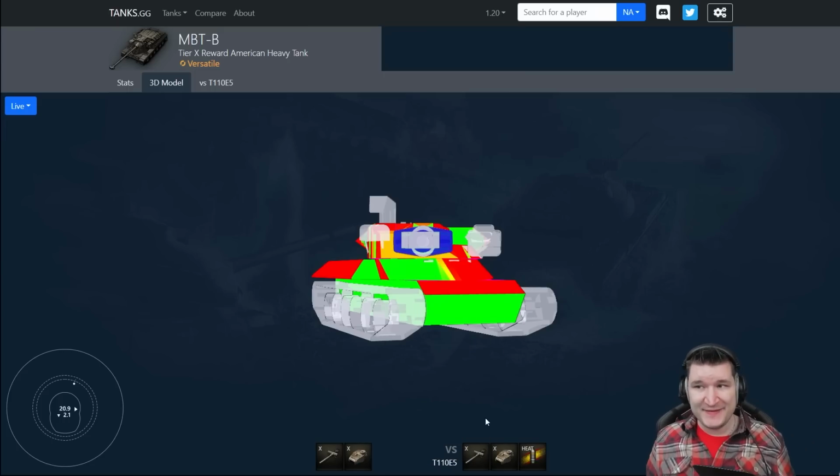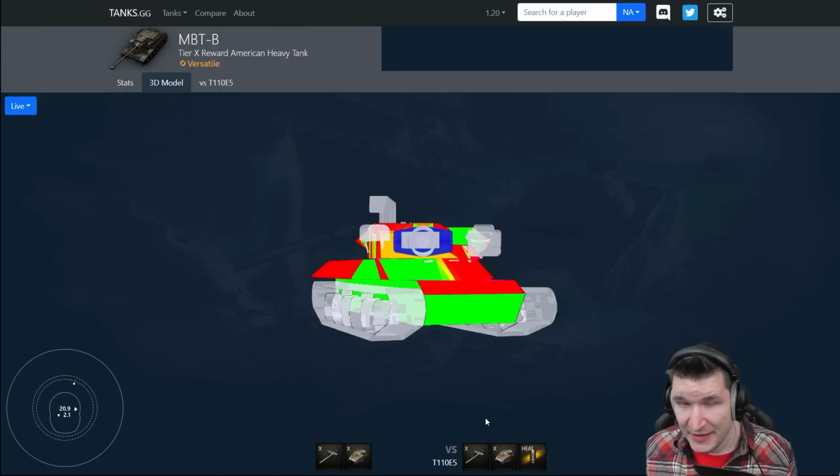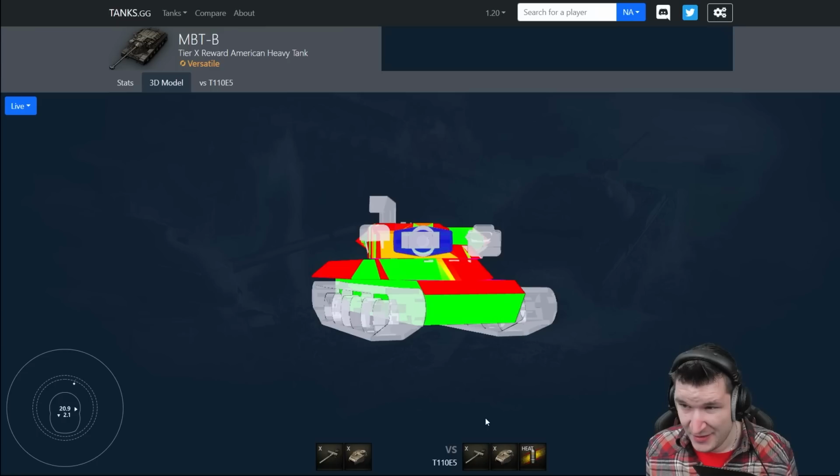That means that basically every or almost every tier 10 heavy tank can overmatch this with standard rounds. Almost every. Except for the E5, except for the Chieftain, except for the Super Conqueror, which are the ones which come to my mind just now. Most others